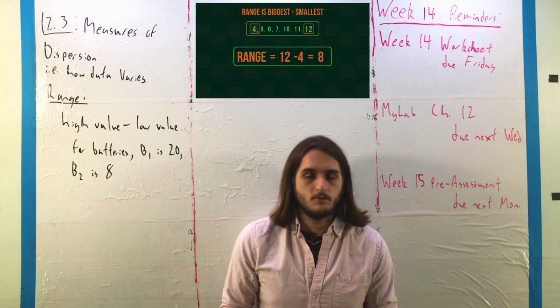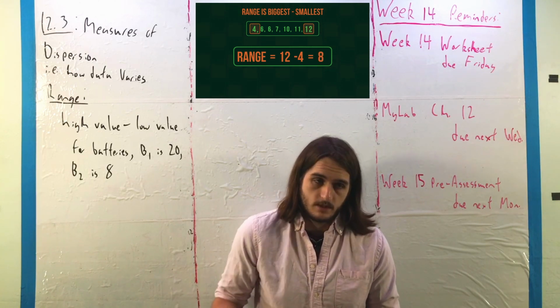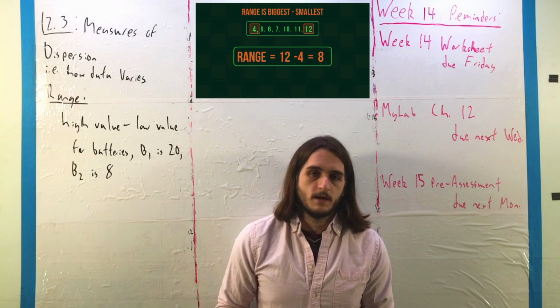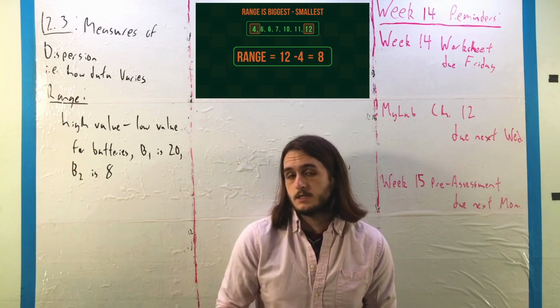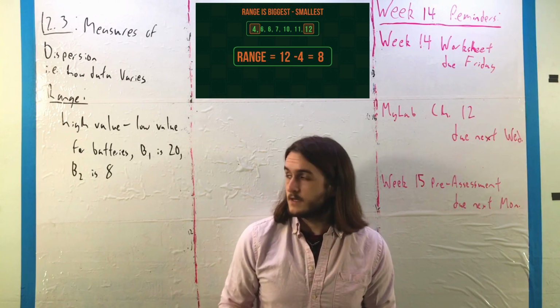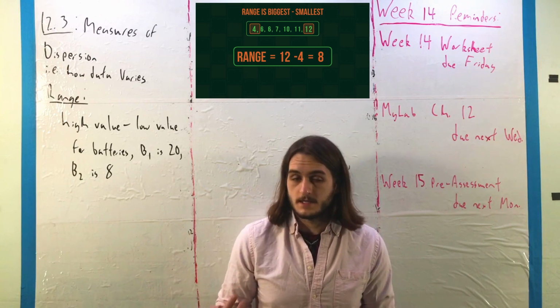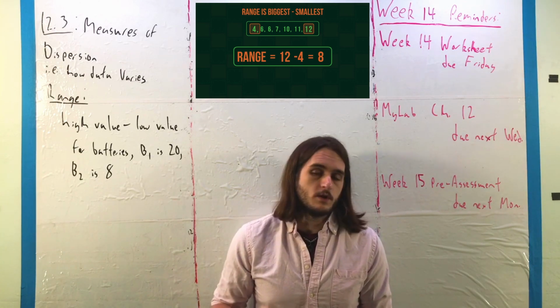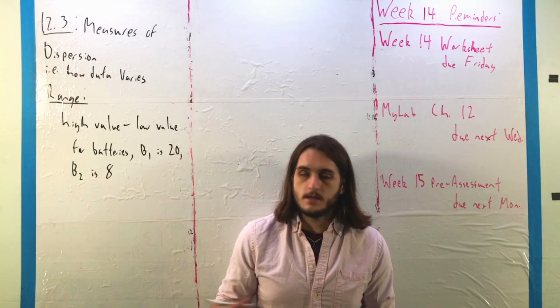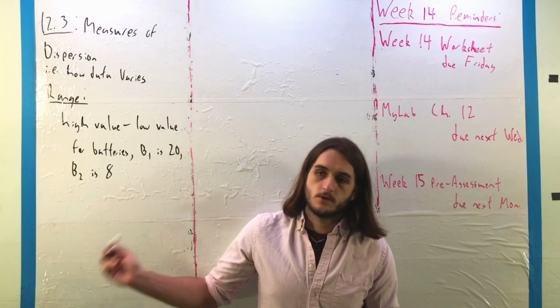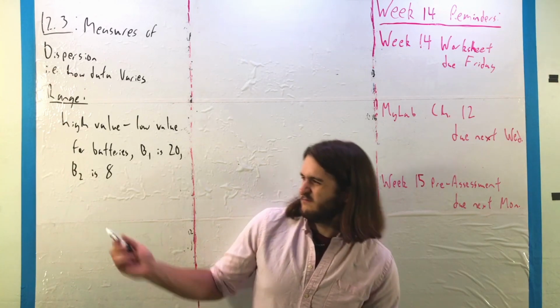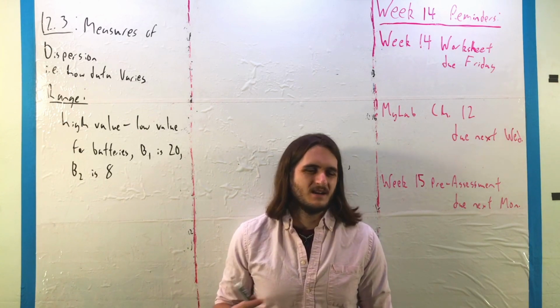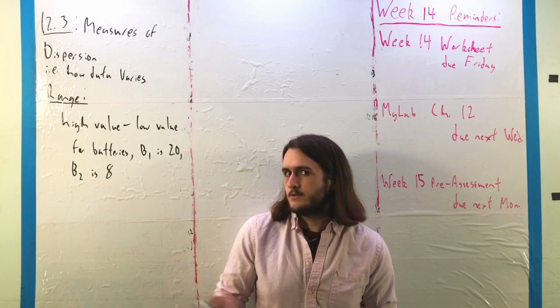range for the second would be 8, which tells you that your guess that the first battery is less reliable, less consistent, makes sense because the spread, the range, is much higher. So it gives you a really quick way to say, okay, these values are spread pretty thin, those are spread a lot less thin, but it's not the very best thing, and this kind of harkens back to the mid-range,